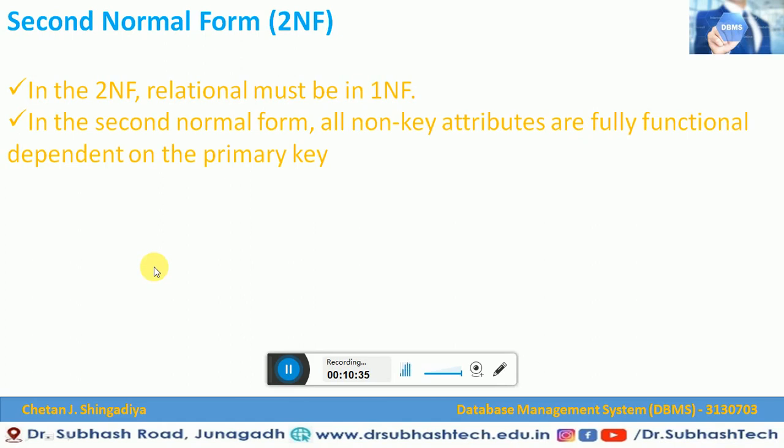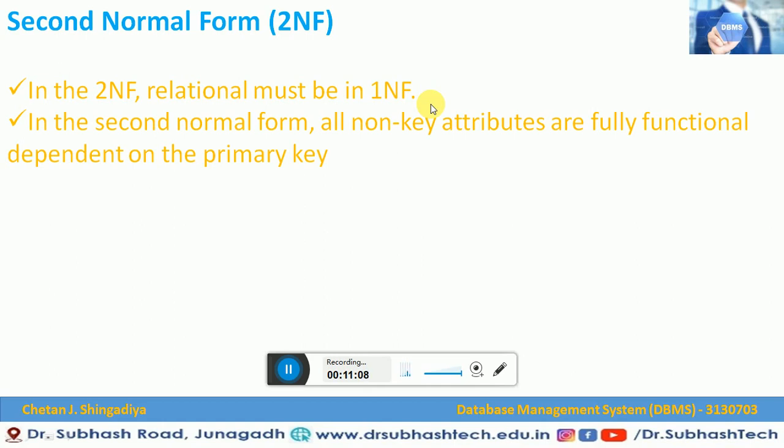Now let us understand what second normal form, that is 2NF, is. A relation is in 2NF when the relation is in 1NF. So in order to define second normal form, the relation must be in first normal form. We have to identify that first before doing the rest of the things for second normal form. For the example relation that we have, we have to check whether it is in first normal form or not. So this is the first condition.